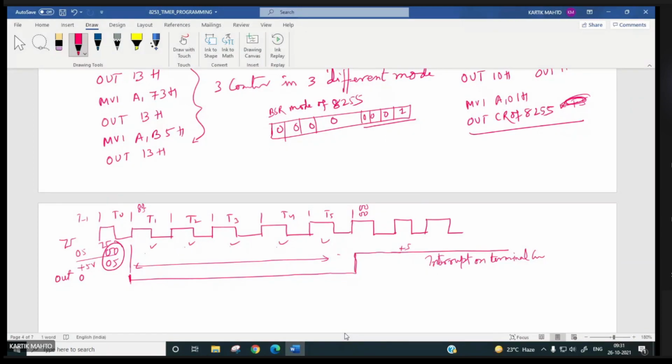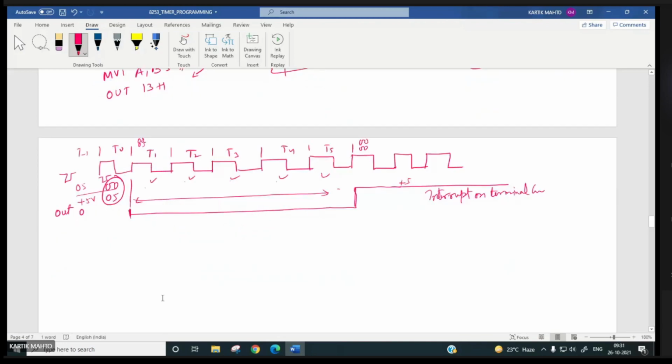Now, out 2, it is monostable, no? Monostable generator. So initially its output will be high.